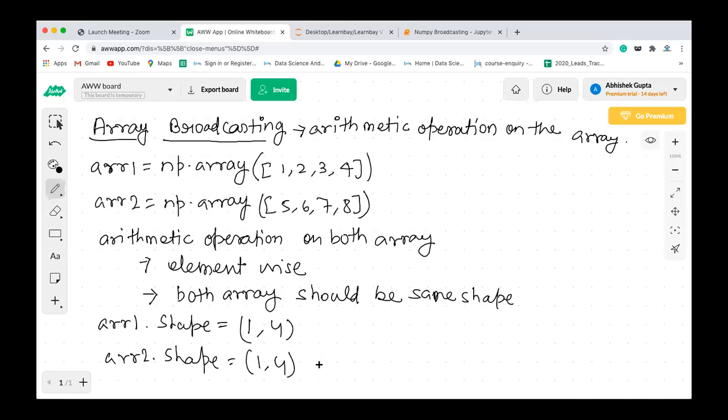So if the shape is the same and you perform array 1 plus array 2, you are going to get a NumPy array with element-wise addition. So 5 plus 1, it will be 6. Then 2 plus 6, it will be 8. Then 7 plus 3, it will be 10. And 8 plus 4, it will be 12. Right? So this is basically the arithmetic operation.